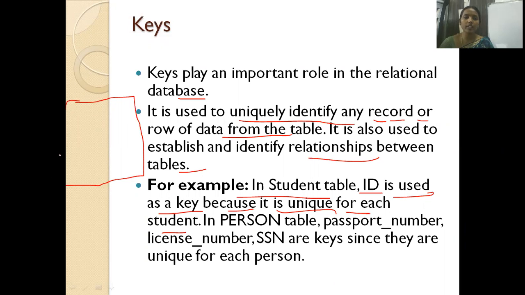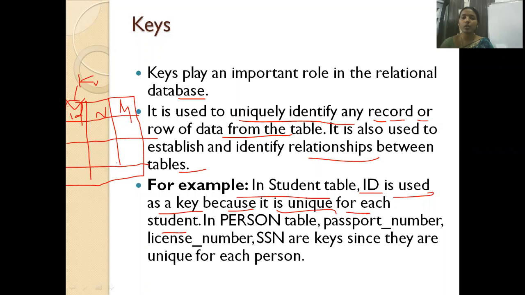For this student table, I have ID, name and marks of the student. This ID column attribute, I say that this is the key. With the help of this key, you can identify each and every row in a table uniquely.